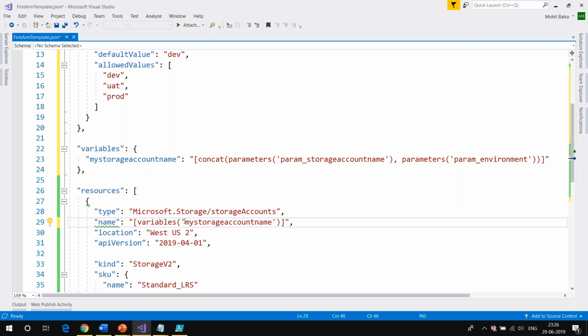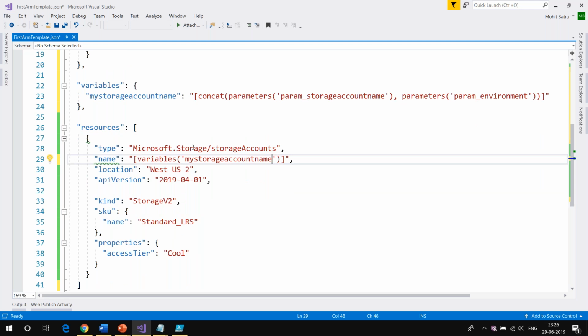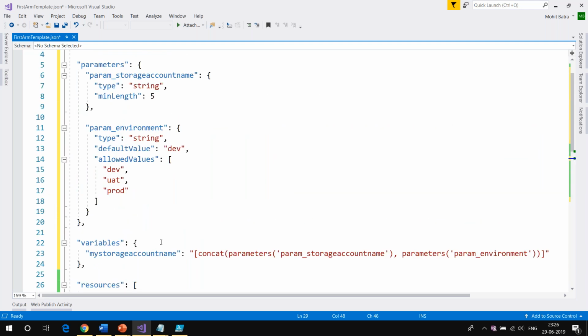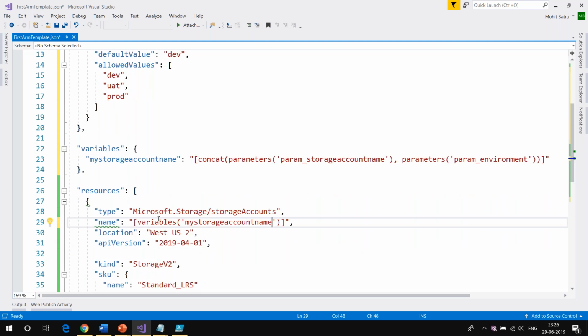Guys, remember, at the very first go, this might sound a bit confusing, but if you have any doubts, keep going through the video, and there you will understand. Practice it yourself, create these ARM templates by hand. Start from the very basic, have the resource section, put in the basic things, hard code the values, and then run your ARM templates. After that, create your parameters, create your variable, use the variable in the name section,